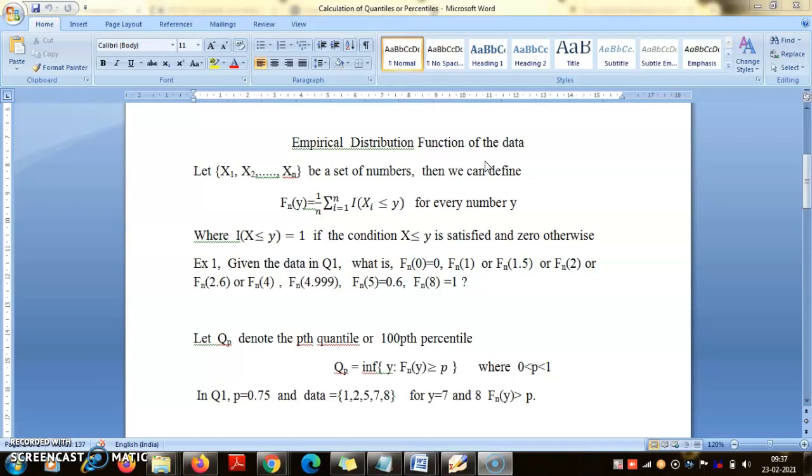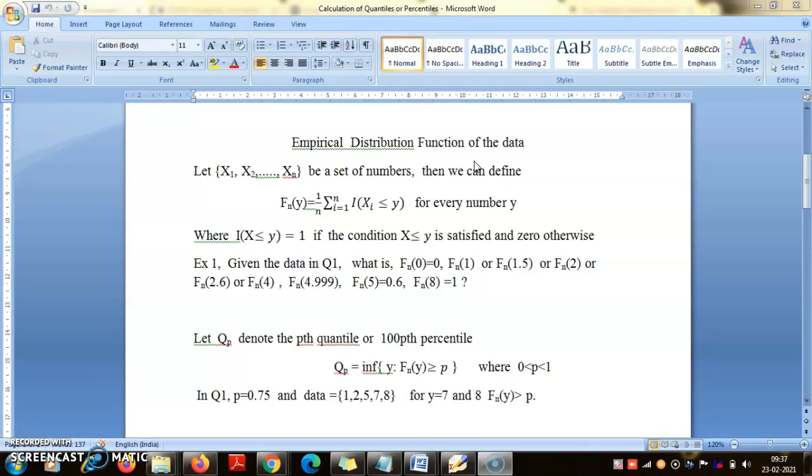So it is natural that I need a tool or a function to compute the proportion of the data up to any number y. Then I can use that function to find out for which number the data does not exceed, say, 50% of the values. This is basically the idea. In this course I am going to introduce the empirical distribution function as a way to define quantiles.